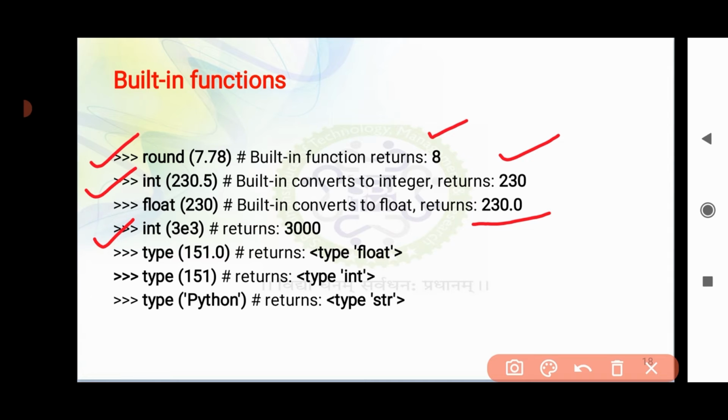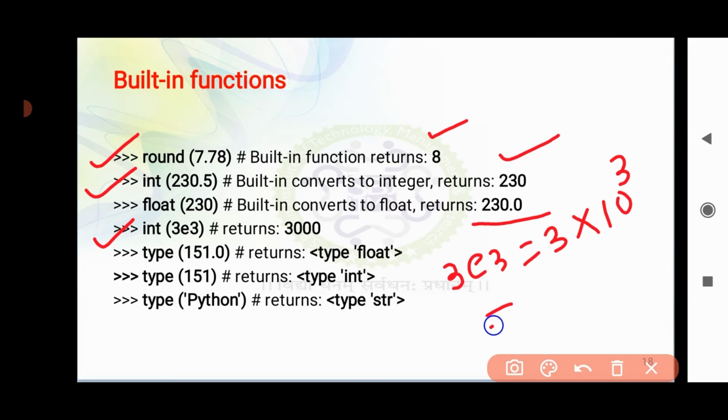Next we have int for exponential values. That means any exponential value will be converted into integer type. Now how exactly will 3e3 be written in mathematical form? It will be written as 3 into 10 to the power 3.